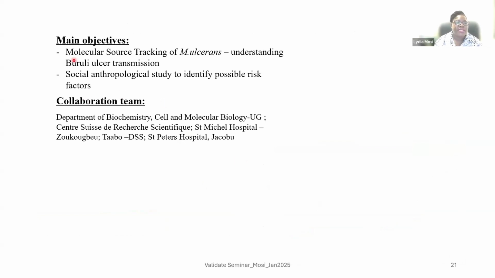So the main objective was to molecularly source track M. ulcerans to help us understand Buruli ulcer transmission, and also to perform socio-anthropological studies to identify possible risk factors of